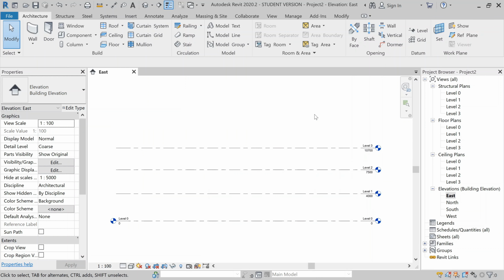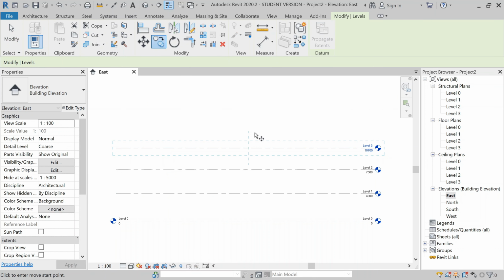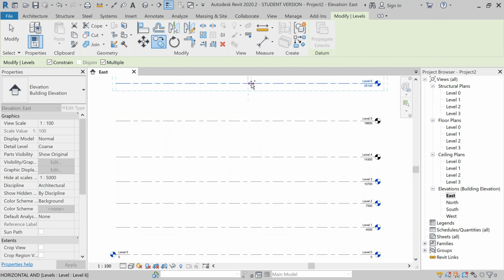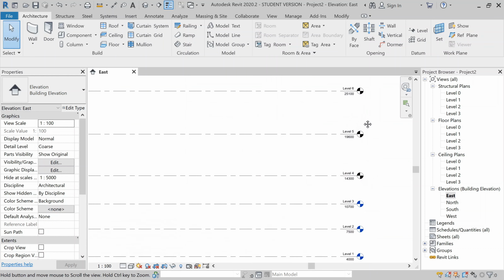Now I am going to tell you about a common mistake that BIM modelers make during the creation of levels. They sometimes just copy the levels instead of creating a new one. So right now I am going to repeat the mistake, which we generally see. For that, let's copy a level, and let's copy this third level. Okay, so I have created some copies, level 4, level 5 and level 6.